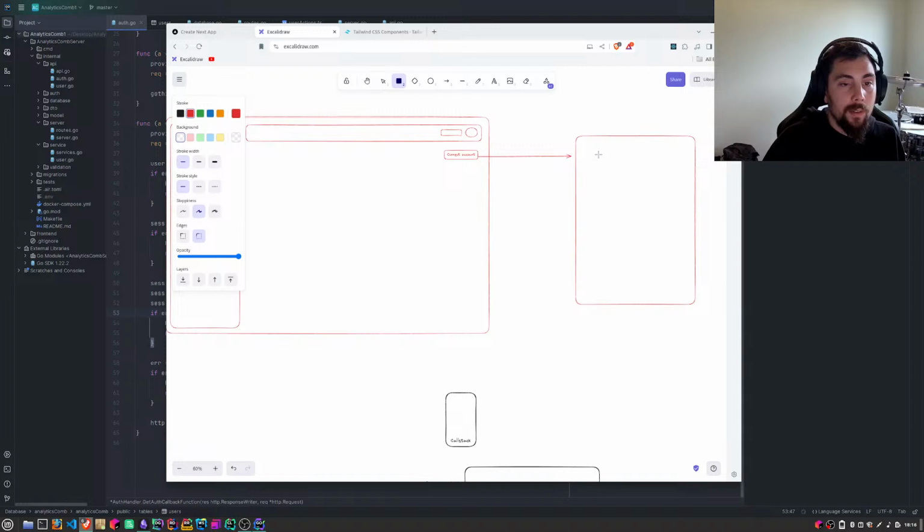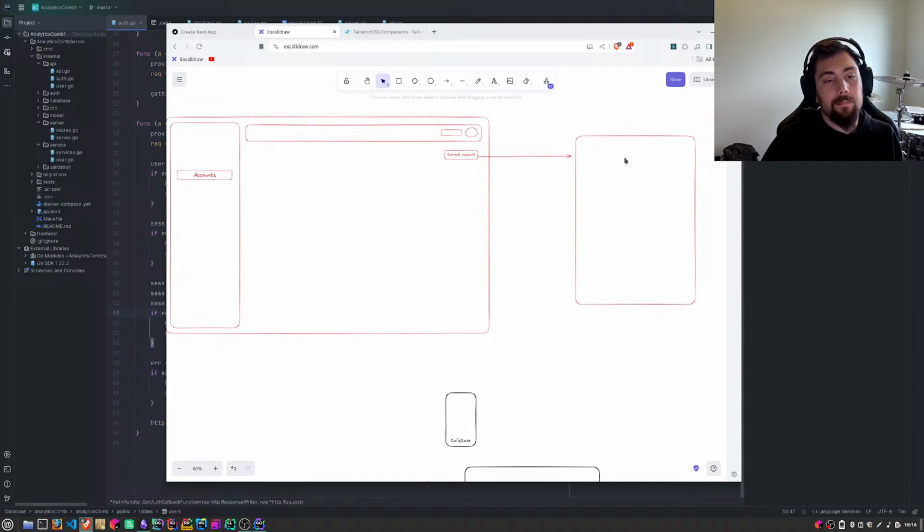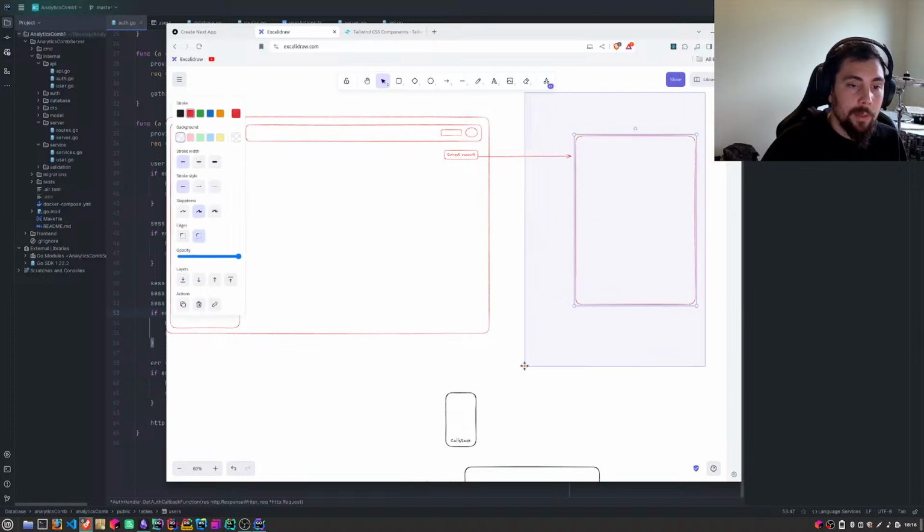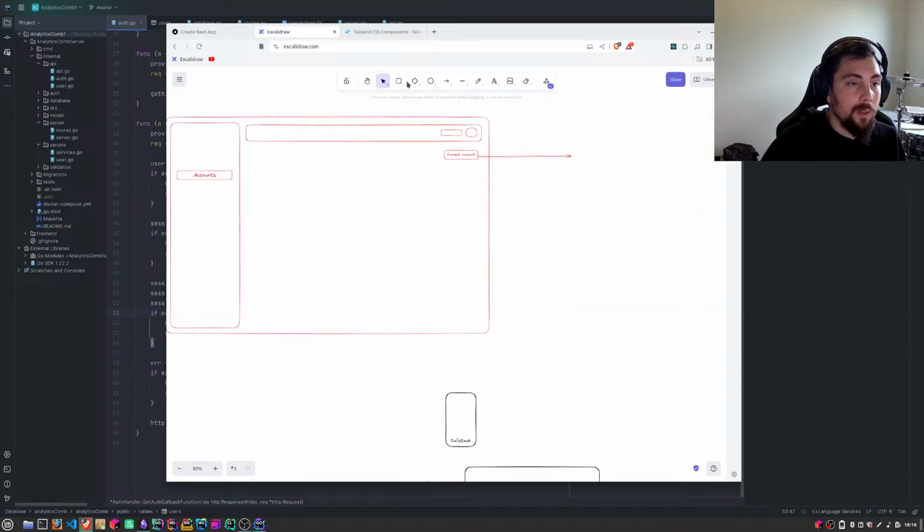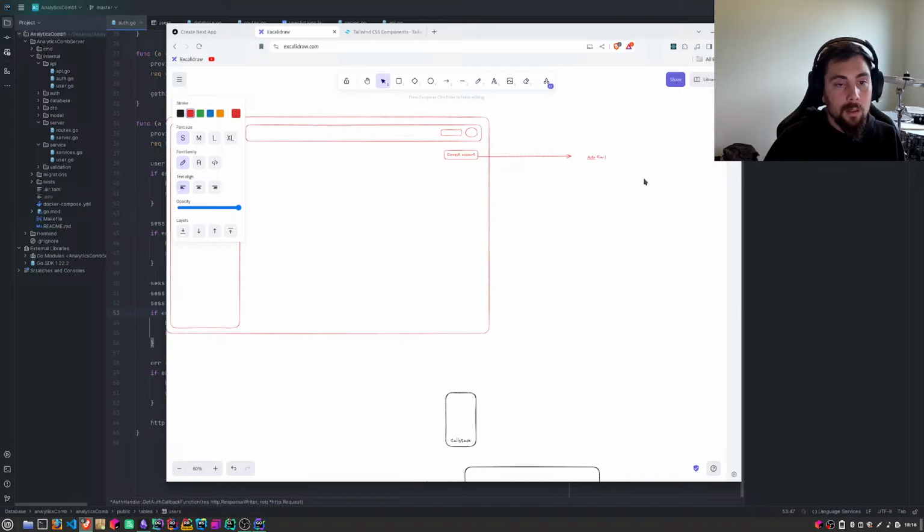Which would have, actually, no. I don't think we need a modal. We don't need a modal. What am I saying? That would take us to an outflow, and if we connect another account,